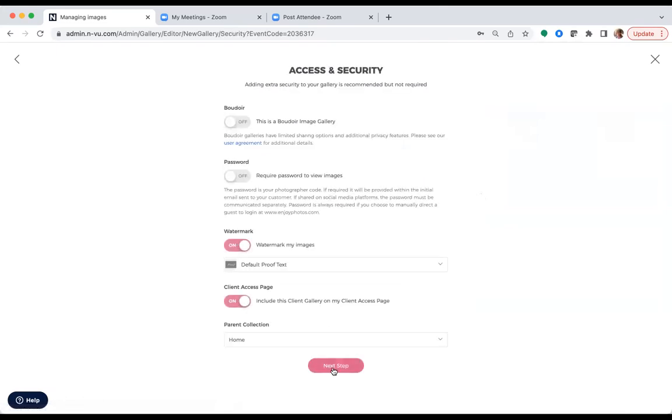And then go through each step. So I'm going to show you manually just so you can see what those settings are. So if I want my watermark turned on, if you want this to be password protected,